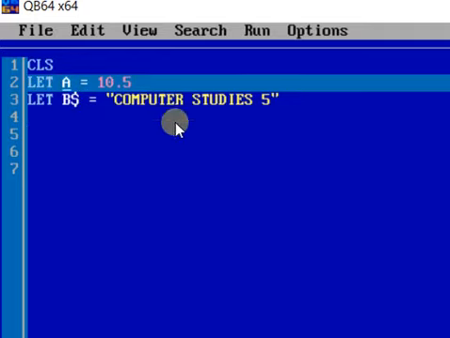So again I am repeating, constants can be of two types, numeric and alphanumeric. Numeric constants can be of two types, integers and decimal numbers. The variables that take the value of numeric constants are called numeric variables.